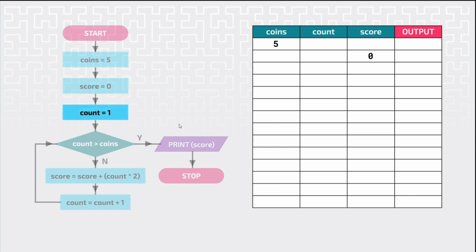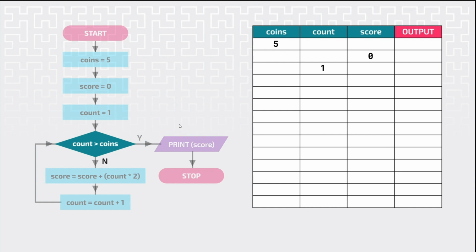The next process is another variable declaration. The count variable is assigned the value 1. Again, we move to the next row and record the value of 1 in the count column. Moving on, we have a decision symbol, which contains a condition checking if the count variable is greater than the coins variable. Count is currently 1 and coins is currently 5, so this condition is false and the flowchart will